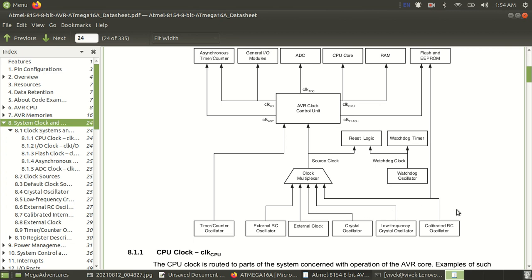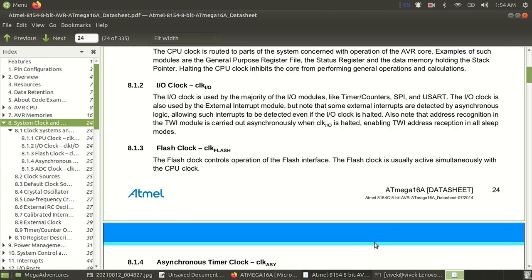But when you buy a brand new ATMega16A microcontroller, it comes configured to use the calibrated RC oscillator. We are going to change that and make the microcontroller use the external crystal oscillator that we are going to connect. So let's scroll down